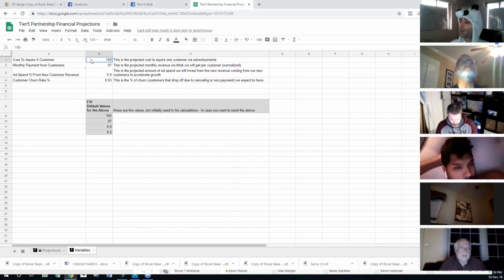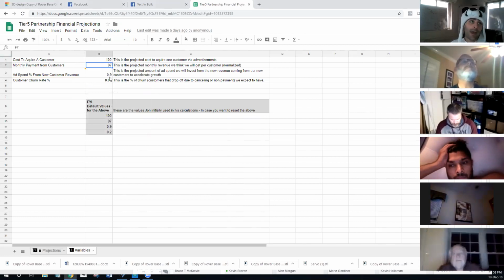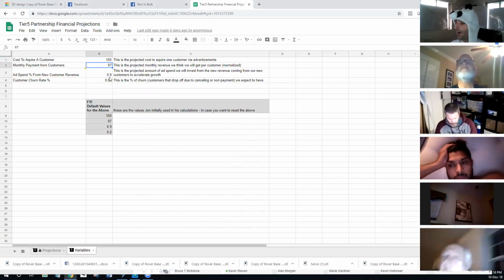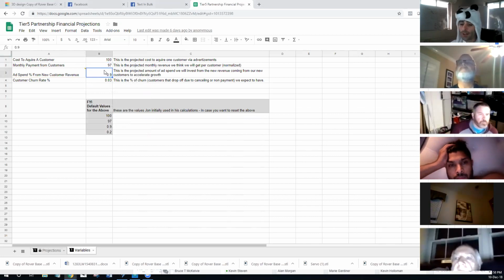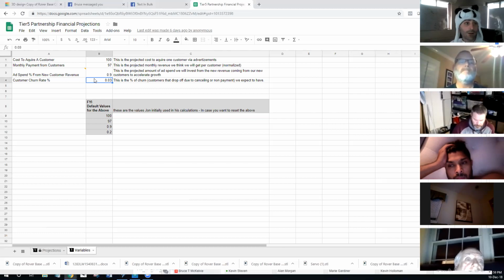All right. So hopefully you understand all these numbers. This is the cost it costs us to acquire one new customer. This is the amount of money that customer is going to pay us every single month. This is the amount of revenue from that customer that we're going to dump back into ad spend to acquire new customers. And this is how long a customer is going to last. Every month, we're going to lose 3% of our customer base because they're not going to like our software, or find a different software, or not have money to pay us. So if you hold those constant